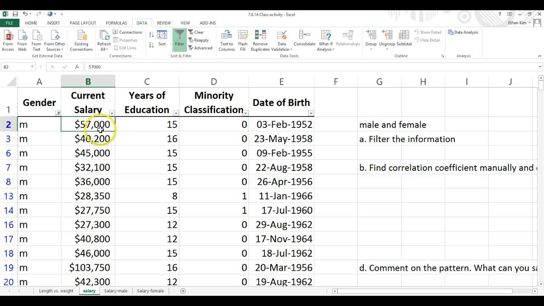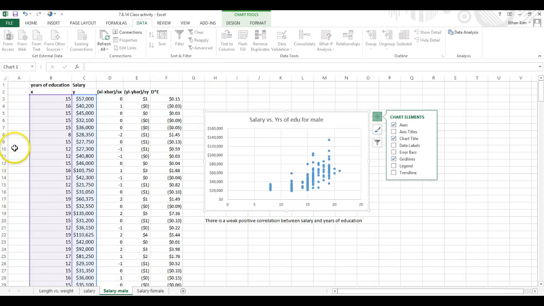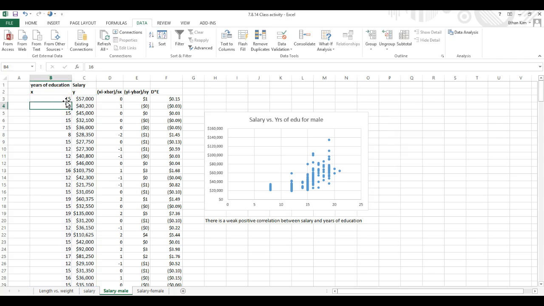You're going to copy down current salary and current education, right? You copy this down, and then you move it onto another tab here. Okay? So that's what I did, but I just switched X and Y, because actually it doesn't really